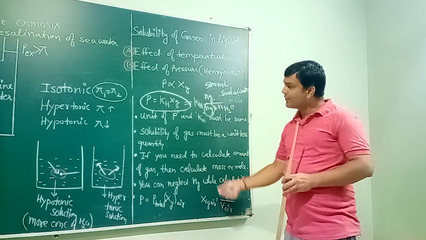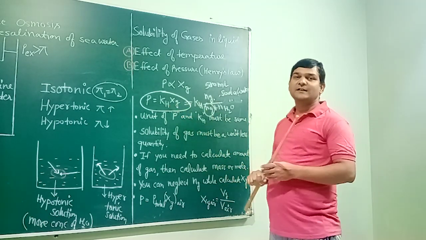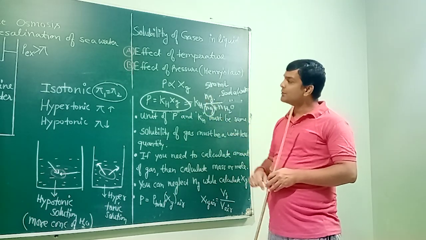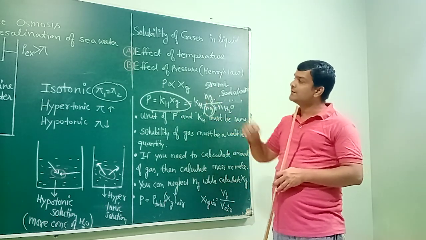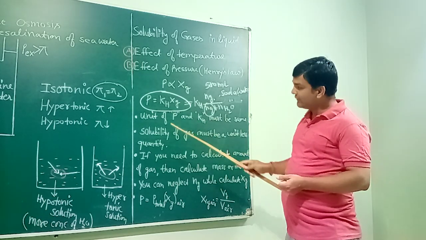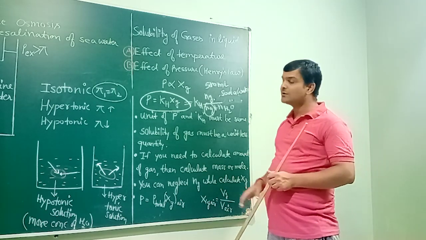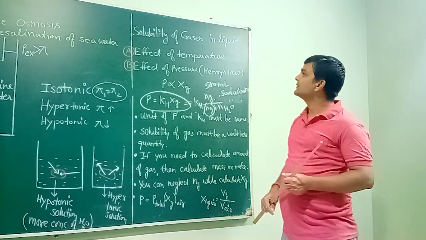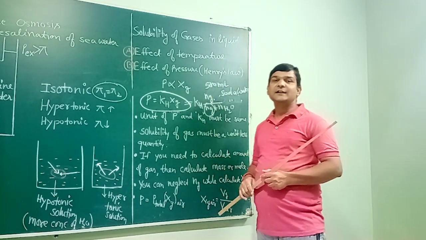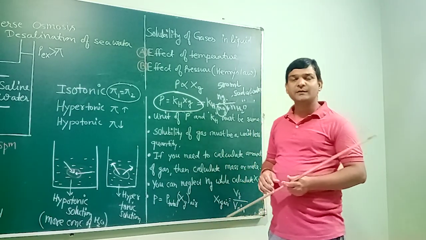So these are a few points, a few checklists. Though the formula is very, very small, you will have some real problems while you do numericals with respect to Henry's law. But if you follow these 5-6 points, then it will be easier for you to solve the numericals with respect to Henry's law. The last point for Henry's law is applications of Henry's law. 2-3 applications you have to remember.